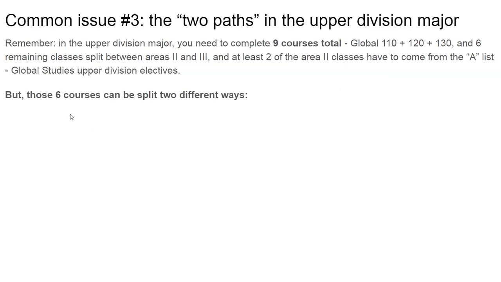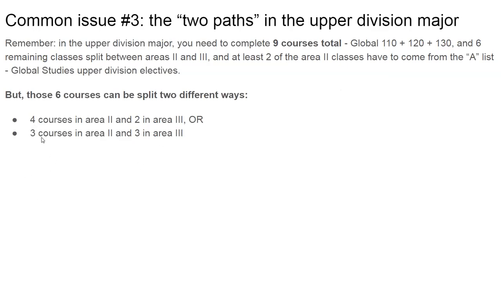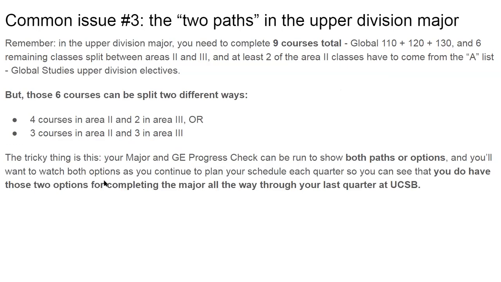But keep in mind, you have some choices. Those 6 courses can be split in 2 different ways. You can split them up like this with 4 courses in area 2, 2 courses in area 3, or you can split them up with 3 courses in area 2, 3 courses in area 3, so sort of an even 3 and 3 split. The tricky thing is this: your major and GE progress check will show you both, and